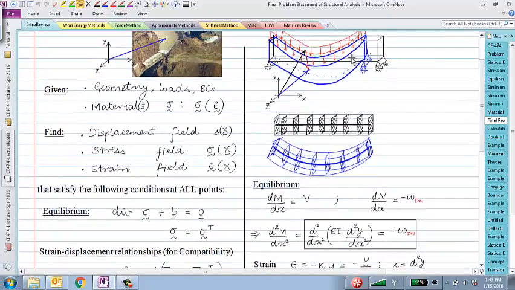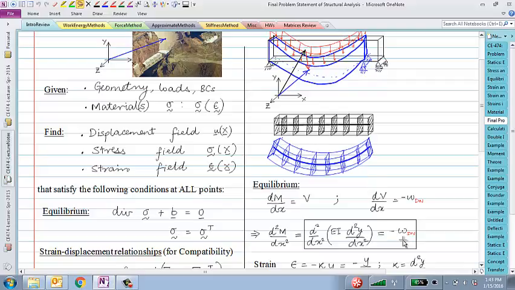But for beam and frame structures, equilibrium is much simpler. We already know that derivative of M equals V. That was one of the equilibrium equations we found. Another was the applied loading is dV/dx. If you combine them together, assuming no shear deformation, then you can show that the governing equation of equilibrium for beams is the second derivative d squared/dx squared of M. This entire thing is just M, right? d squared y over dx squared is curvature. Curvature times EI is the moment. Second derivative of moment has to be equal to the applied loading. That's the overall